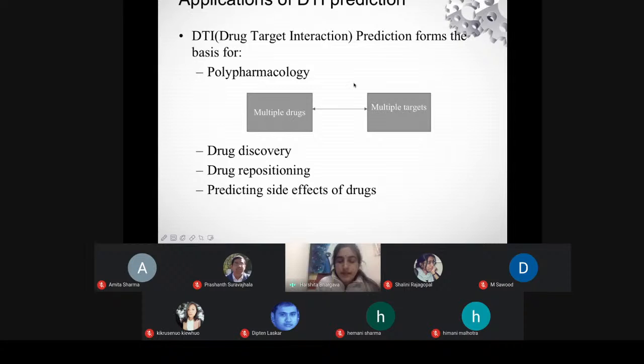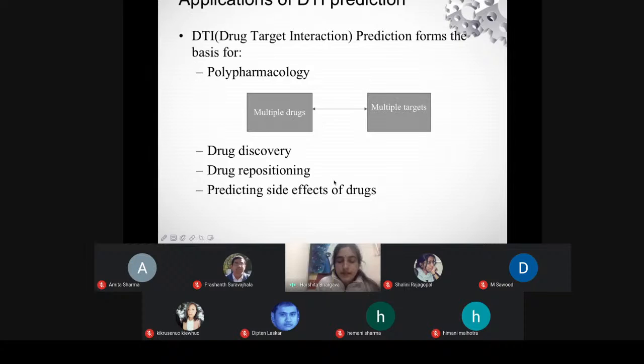a drug, multiple drugs act on multiple targets, ठीक है, and similarly vice versa भी है, तो there is a many to many relationship. जो पहले आपके पास one drug, one target, one disease का mechanism था, that paradigm has been changed to multiple drugs, multiple diseases, multiple targets and multiple diseases, ठीक है. तो यहाँ पे there is a many to many relationship that can be seen within the drugs and the targets.